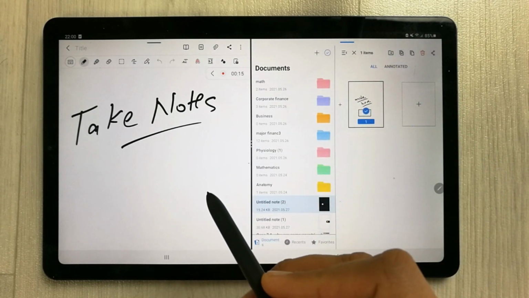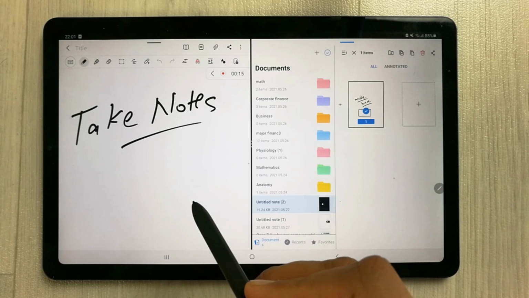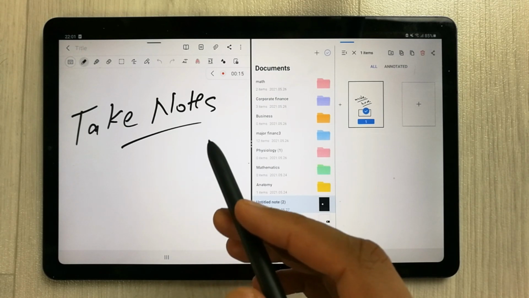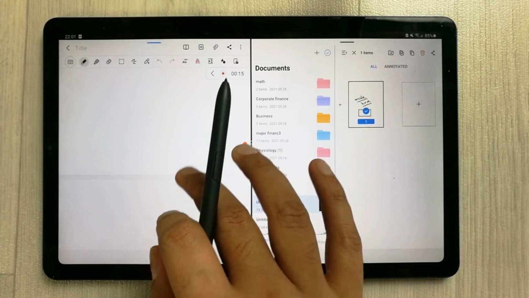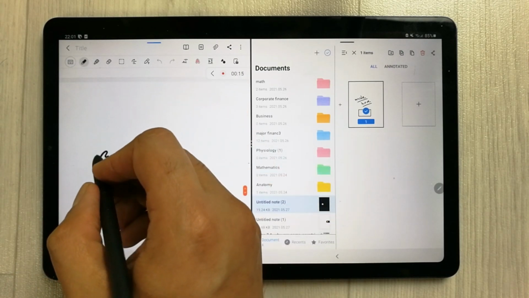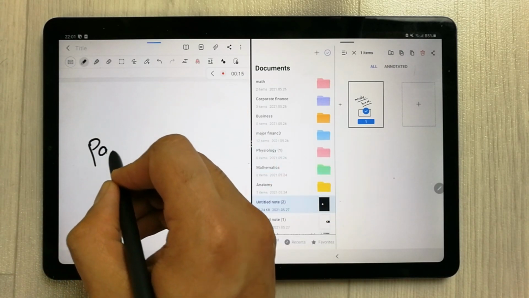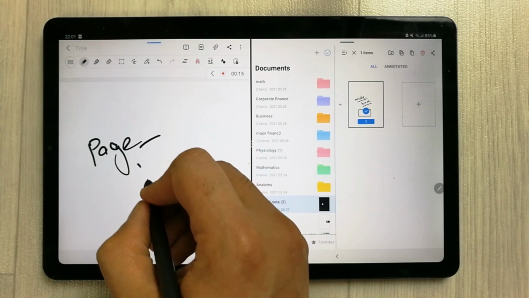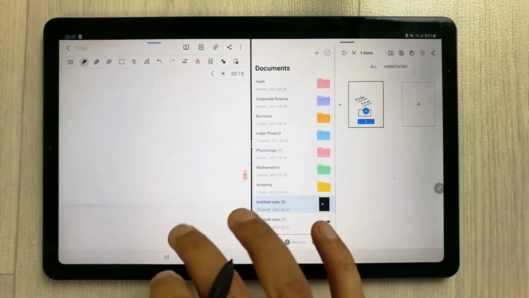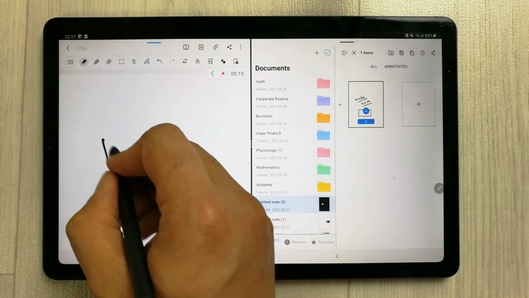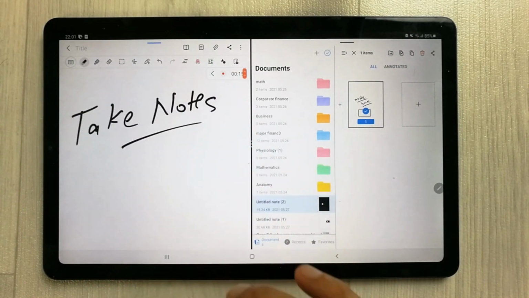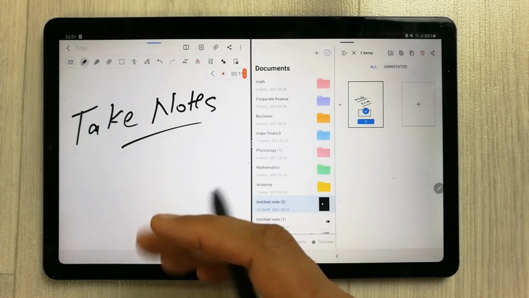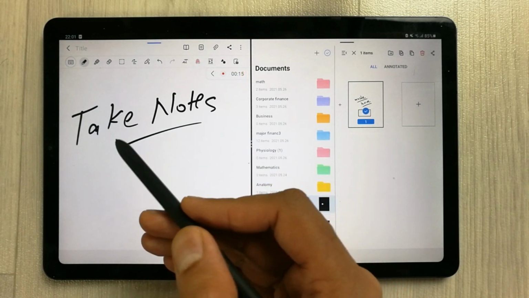And then in Samsung Notes, you can even search your handwriting. For example, I have this page, and then I have another page where I write anything, and then on the next page I write apple, and now I have 3 pages. Now I want to search something because I use my handwriting.